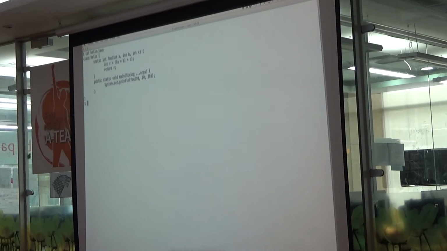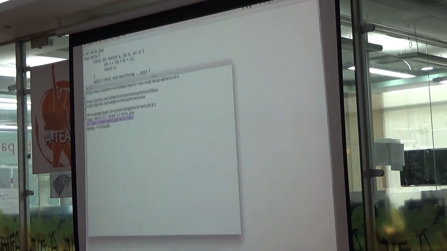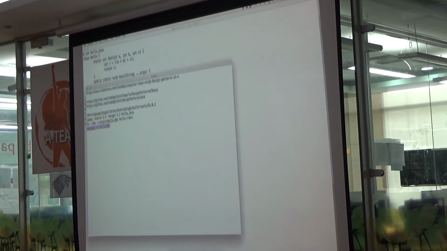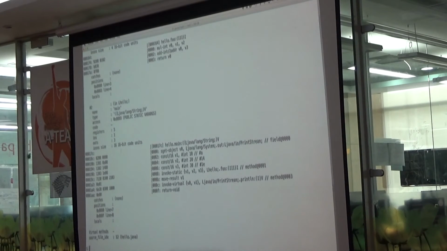I did this, there's a function called to avoid constant folding, the process called constant folding. So I'm compiling this, creating the DEX output, and dumping the DEX result. You see something here which may not be immediately recognizable, but once I explain it, it will become obvious to you.